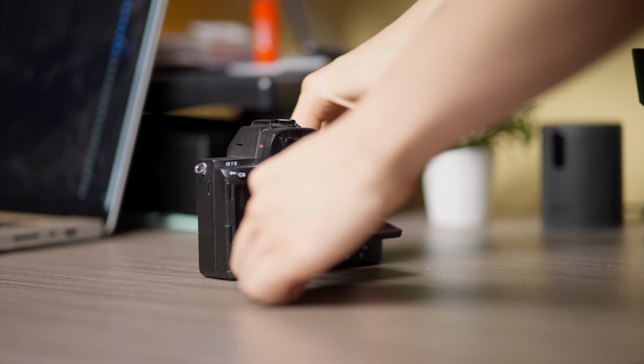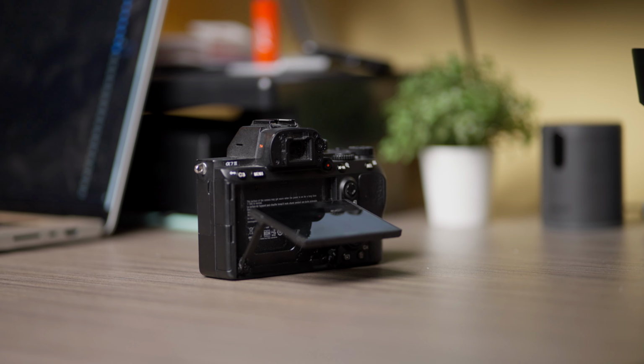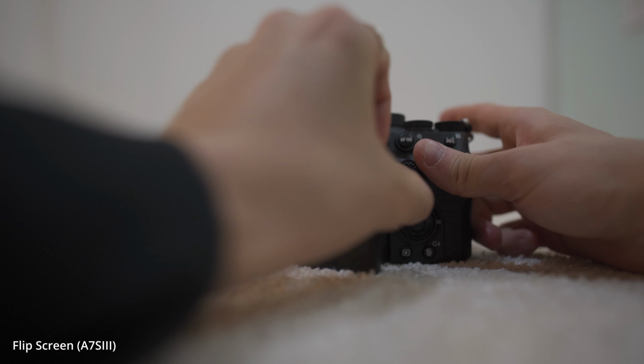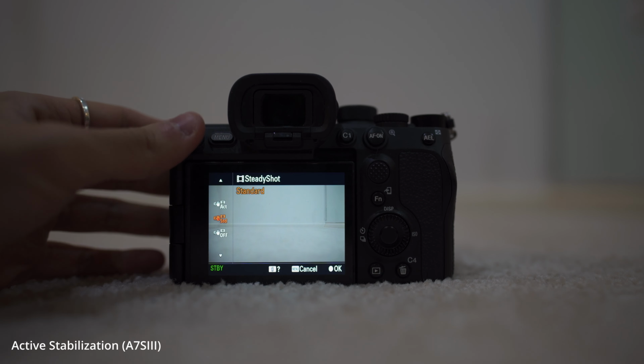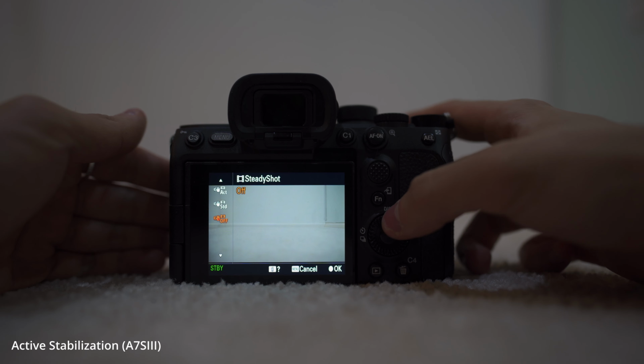I still prefer this tilt screen when I'm shooting photos, but for video, if I want to do some vlogging, or if I wanted to shoot handheld really high above or low to the ground, having a flip screen is really nice to have. I know I mentioned that the A7 III has image stabilization, but it's honestly not that good, and the newer Sony cameras have something called active stabilization, which is so much better than the normal stabilization